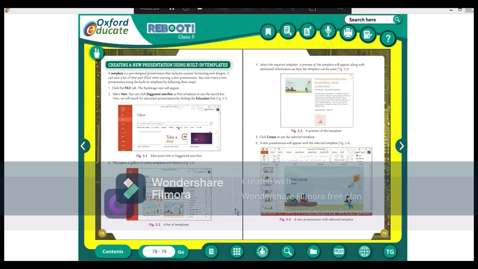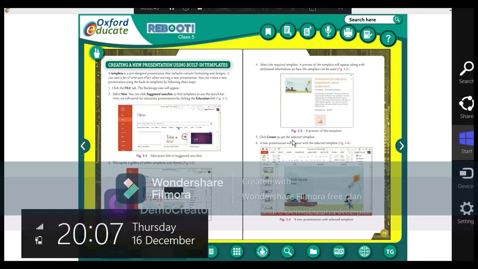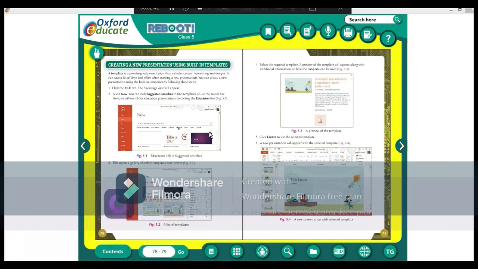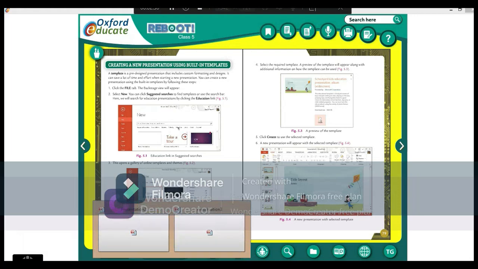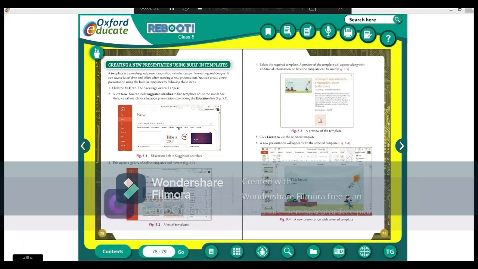By following these steps you can create a presentation by using built-in templates that are available in your PowerPoint. I will show you the demo. Move on to the PowerPoint here.